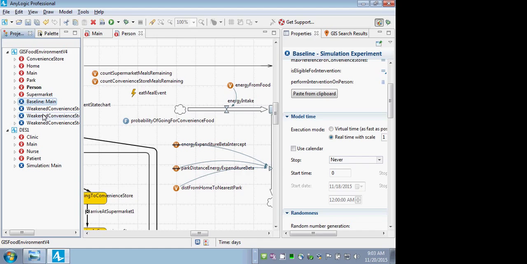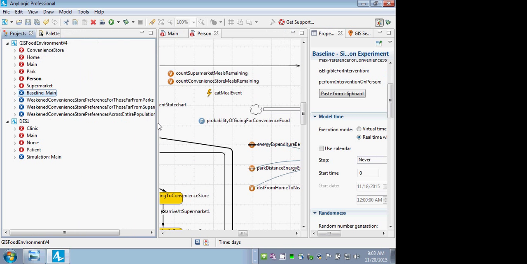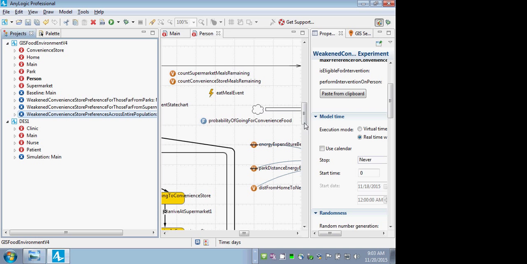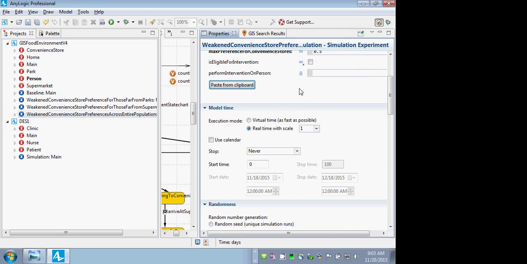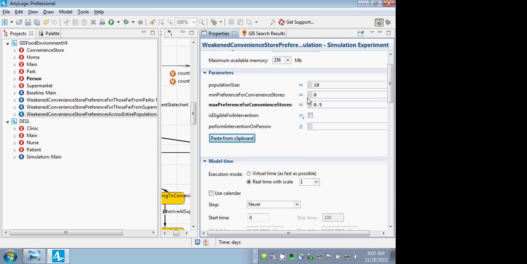So we just said, okay, suppose that rather than having people going from 0 to 1 in terms of their preference for convenience store meals, we could, through some sort of intervention, lower it to 0 to 0.5. And there's no shortage of models out there, well published in the literature, that have used similar mechanisms. They change a parameter value and they see the results. Okay? They posit a certain amount of behavior change and they say, what's the consequence of that to system behavior,